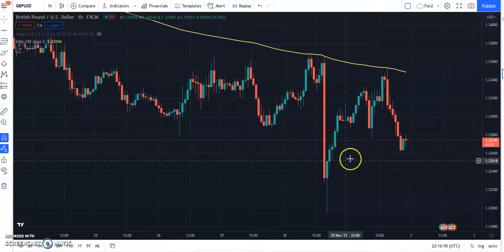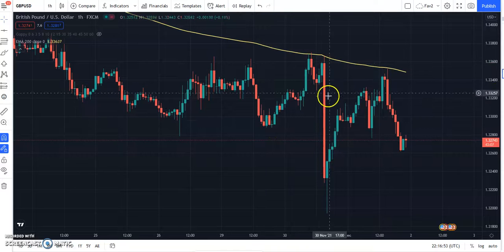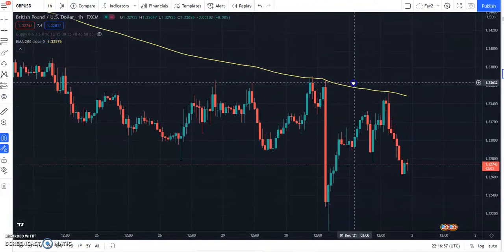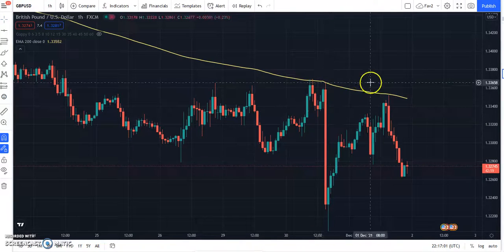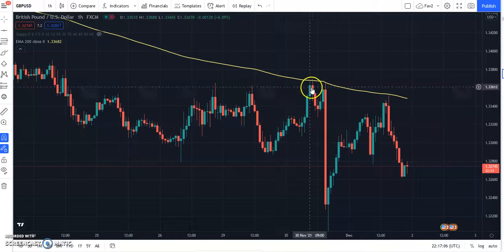Here's a good example of another pair, the GBPUSD. So as soon as it touches the, if you don't want to watch this, you can check every hour at the end of every hour. So like an example for this hour here,